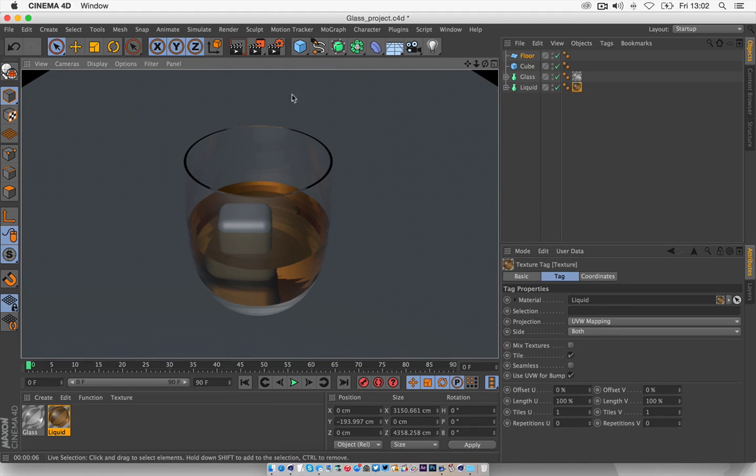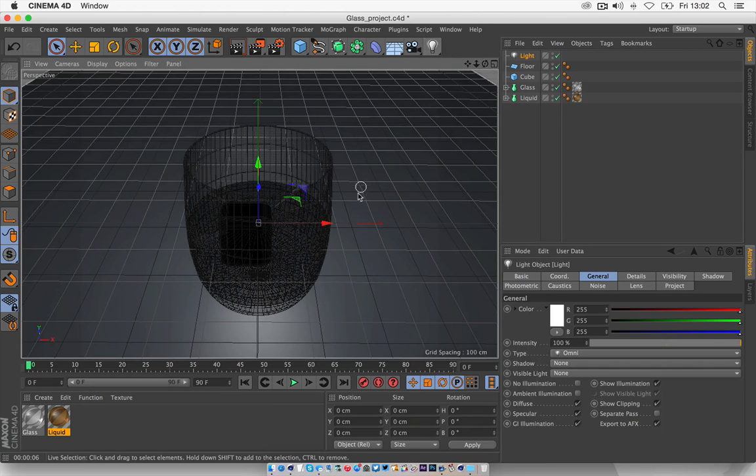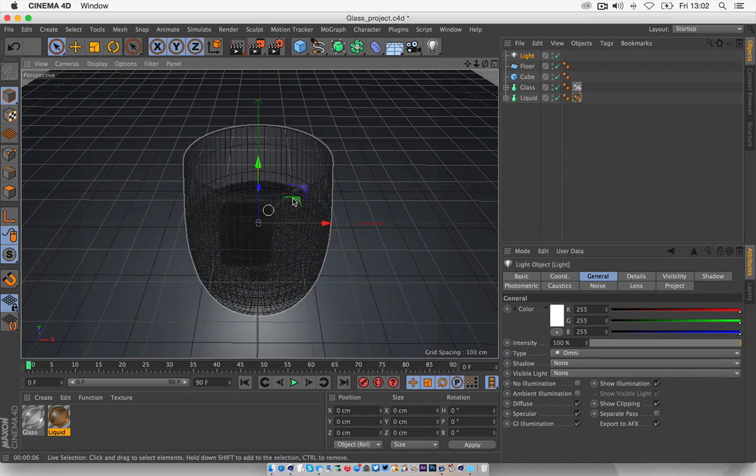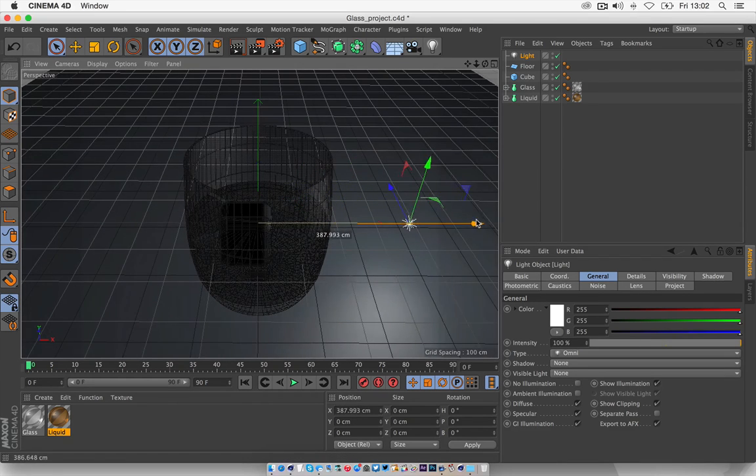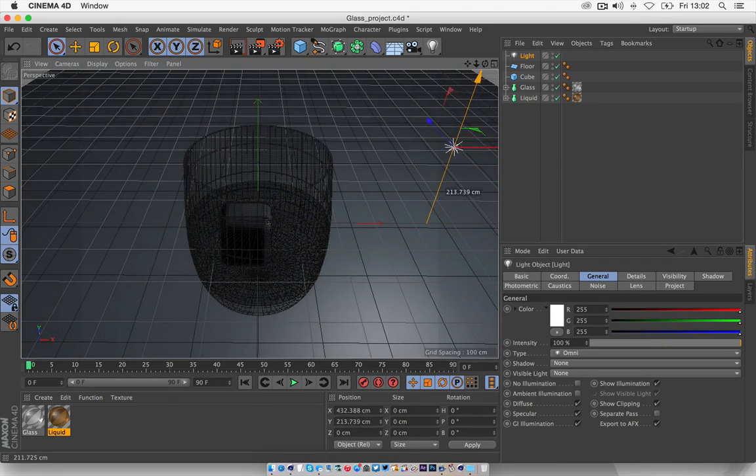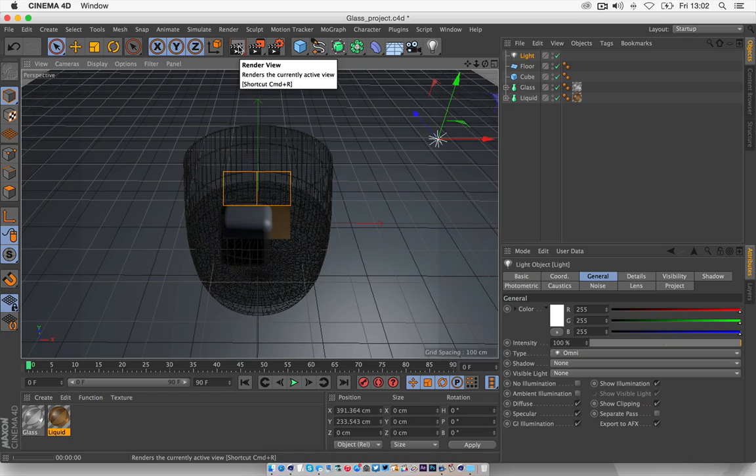Nice and tight. And of course, until we add our light, we're not really going to see much more. So let's add a light. You'll see it adds it straight away. This is just a normal light. And we're going to drag it to the right, and lift it up a bit. So it's sitting about roughly there, just to the left of it. So if I hit render now,